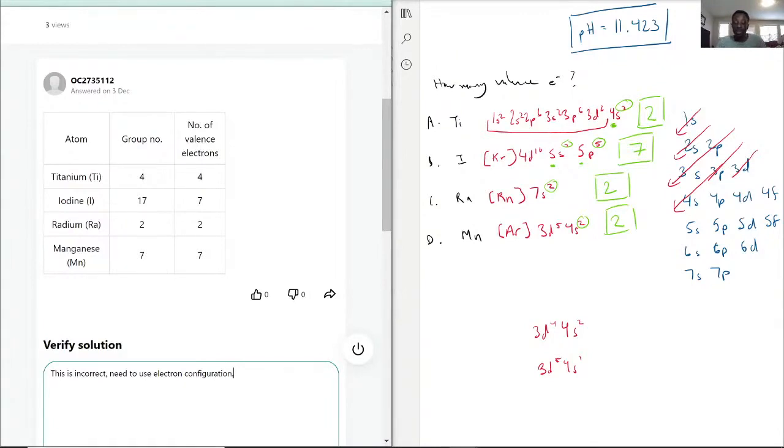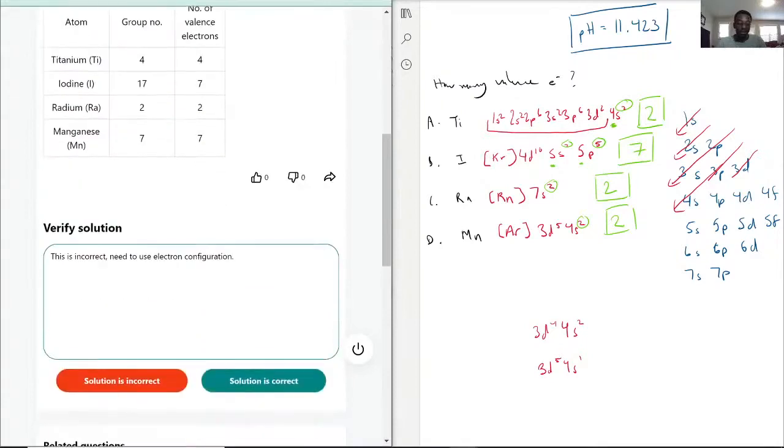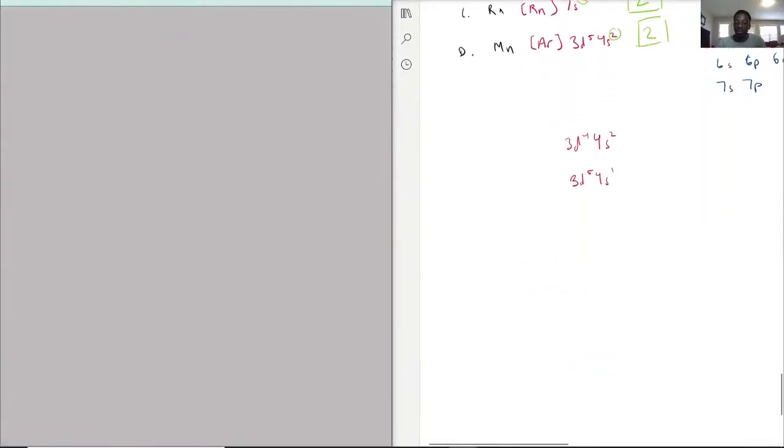But we're speaking specifically of the most outer shell, based on the electron configuration, titanium would have 2 and not 4. And same thing with manganese, it would have 2 and not 7. Okay. Then